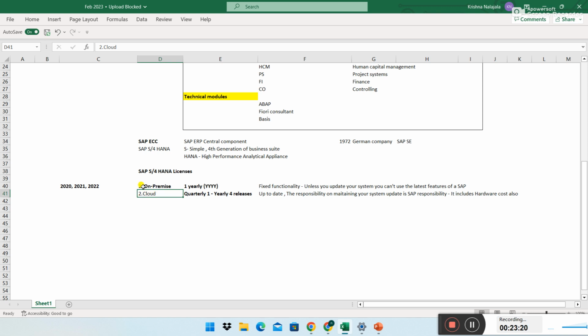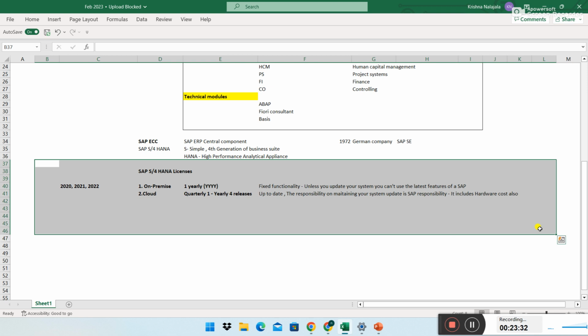We are just understanding what the different terminologies are and what the different licenses we have. We are trying to understand, but who has to understand it more and do it? The basis consultant has to understand and do it, right? Because he's the admin. In on-premise, how he has to install, how he has to manage with SAP, all that he has to work on, right?